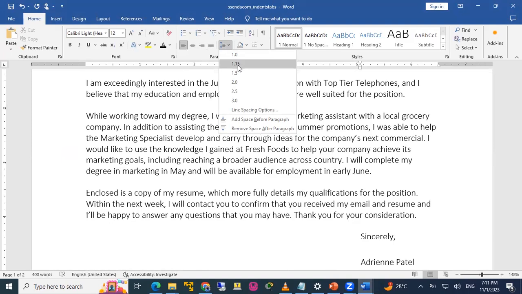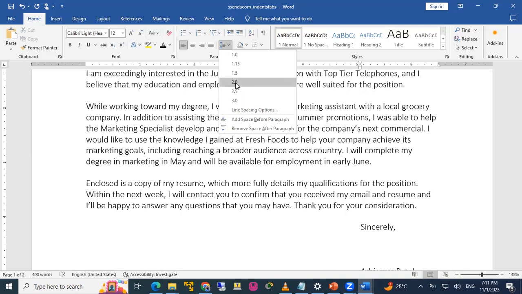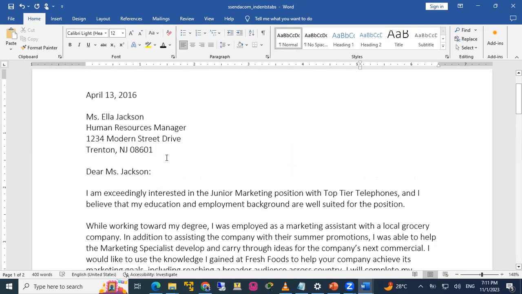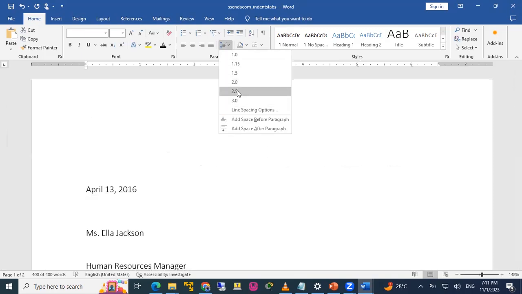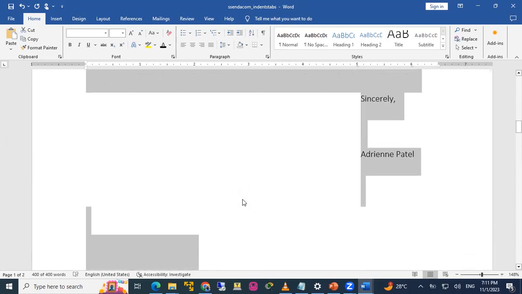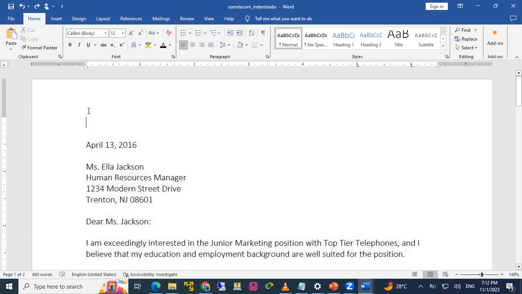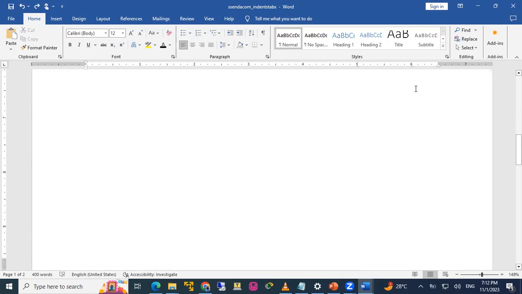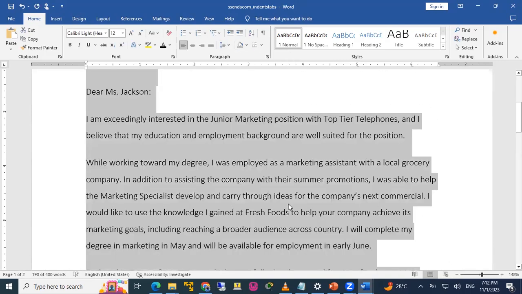But most of the times we use 1.5 for official documents. And for those who do thesis and dissertation, they use 2.0. So this is how we change the line spacing. I can select the entire document and go to line spacing and say I want to do 2.5. Now 2.5, you see the kind of spaces it leaves. Big spaces. So I say I don't like this. I do undo, Control Z, undo, and then maybe I choose 1.5.